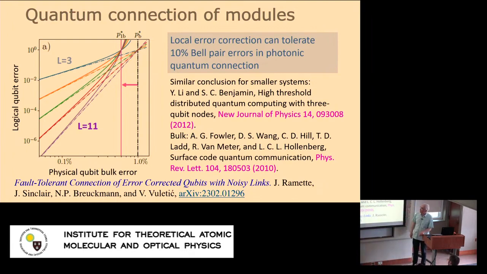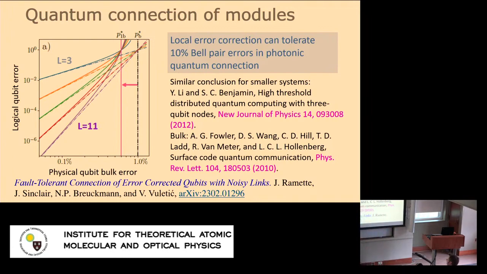And then we looked at what quality of Bell pairs you need. In this plot, we assume 10% error in the Bell pairs. So we assume that you can make Bell pairs non-locally in a heralded way, but which have only 90% fidelity. Previous systems had looked at, for instance, distillation, but this is not very efficient. This is direct. We're just using the Bell pairs directly, no distillation necessary, and they have 10% error. And what you can see is that the threshold moved just a little bit, but more importantly, the asymptotic behavior, once we're down here, is basically indistinguishable from bulk error rate. So a 10% Bell pair error will cost you nothing, essentially.